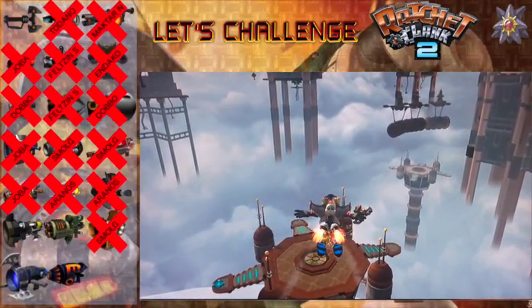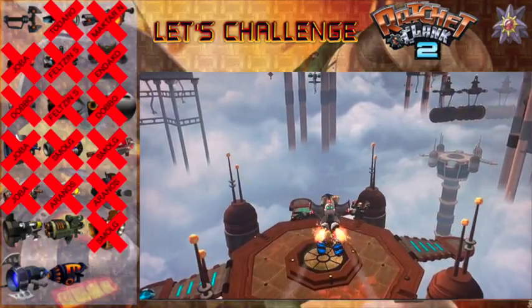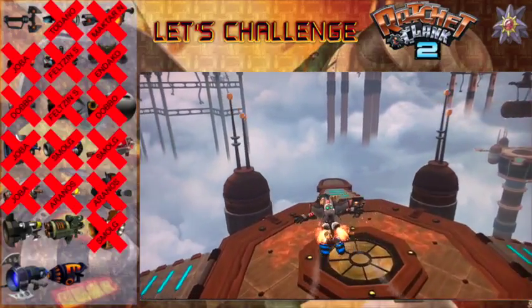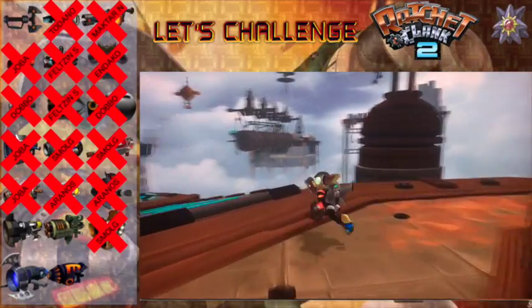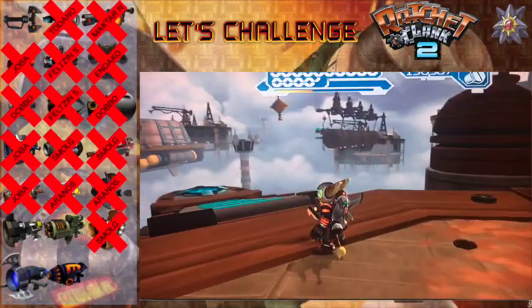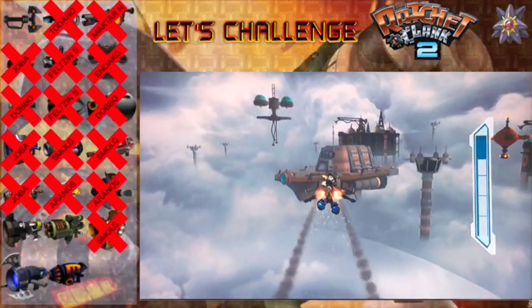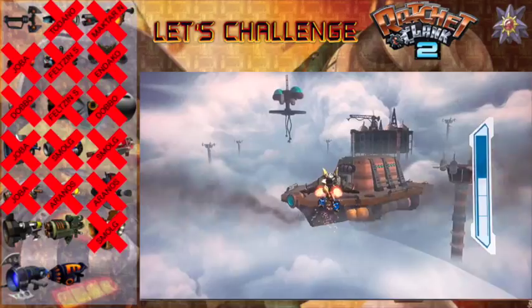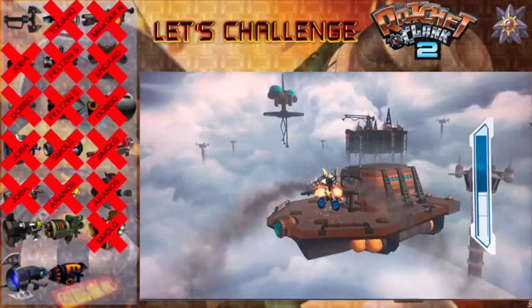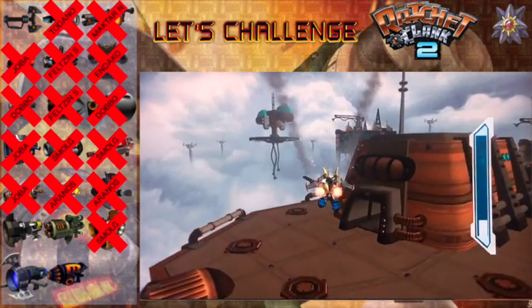So, I have no idea if the levitator pads are actually designed so you can go backwards. Do I want to go back through the entire area? Or can I head back? We're going to have to go through the entire area, but you don't have to watch. Because it's a Let's Challenge, I feel like I have to show that I actually make it through without dying. Let's just...